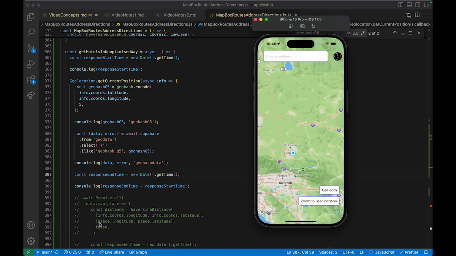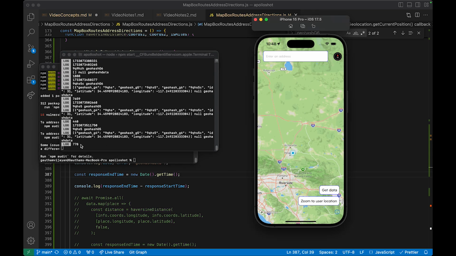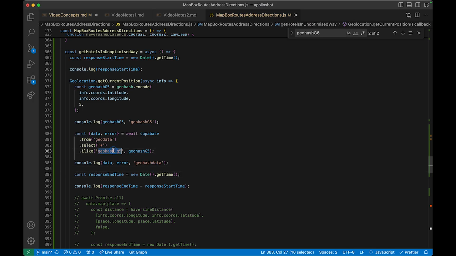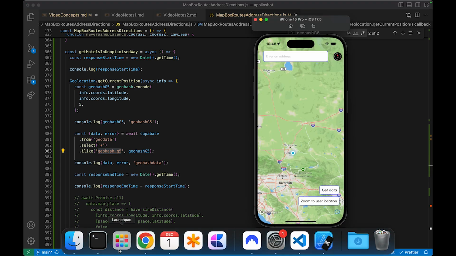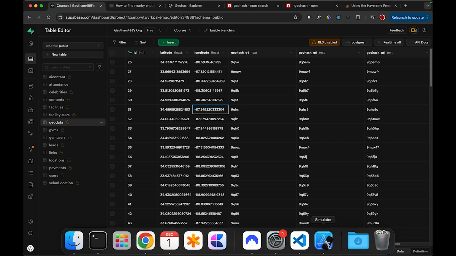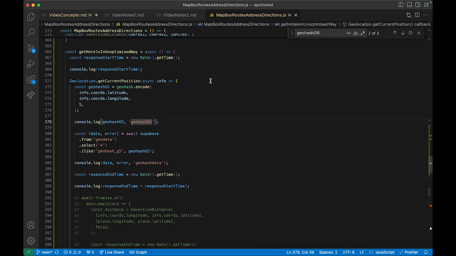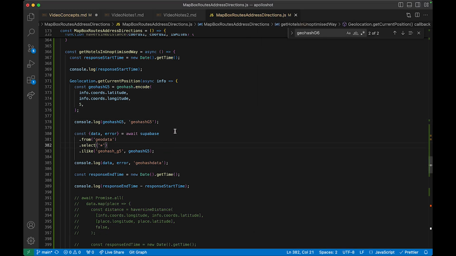Okay, so let's go here, get data, geo5, geo-g5, right? Yeah, so that's how you make these things work. So if the geohash 5 value is the same as the user's value, right, the values will get printed out. And one more thing: as we already got the hash locations,